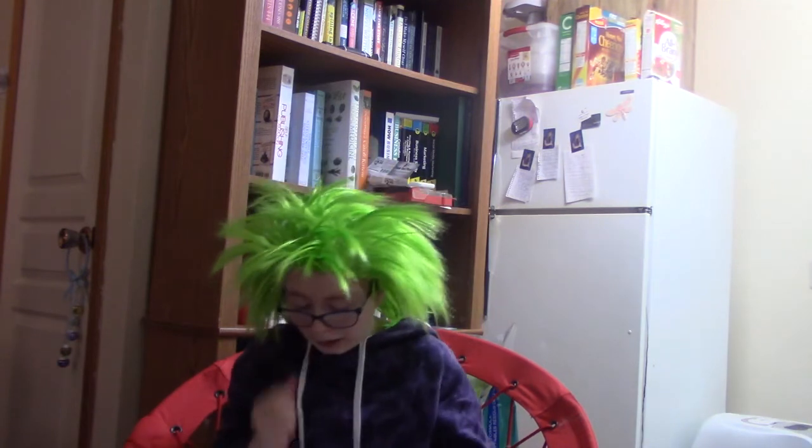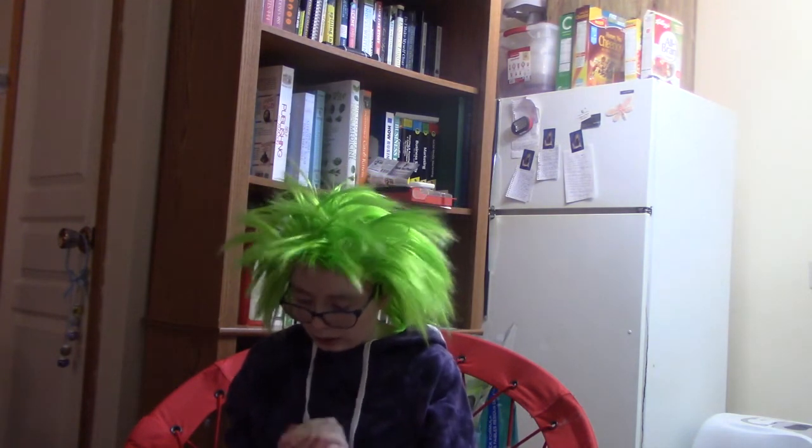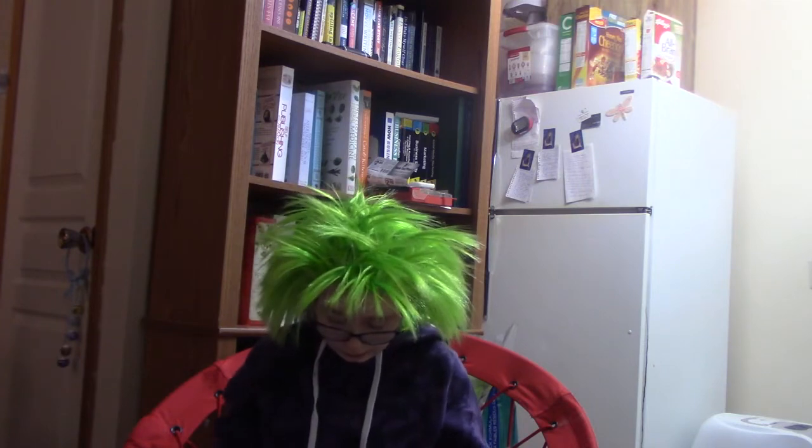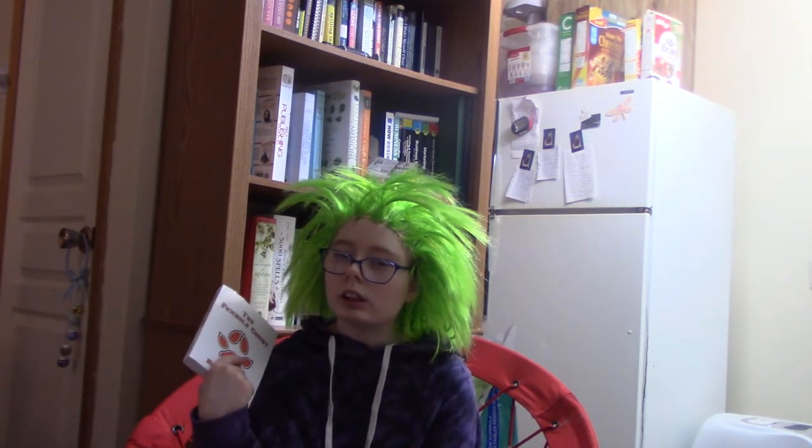So let's try this. Shelf number 12, which is the final shelf in which there has not been many books. Like, I don't even think there is any on them. Shelf number 12, book number 5. Okay, this book I have read and I have put down because I had too many books going on for reading wise. The Foxhole Court I have read not that long ago, actually, last year in the fall, I believe, which I'm going to have to check my Instagram account on that one to see when I posted that. I don't remember the month, but I think it was